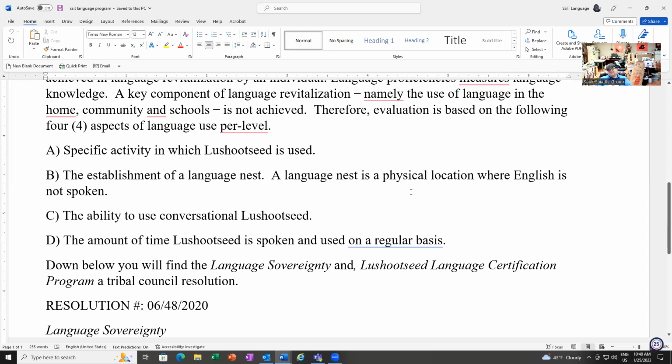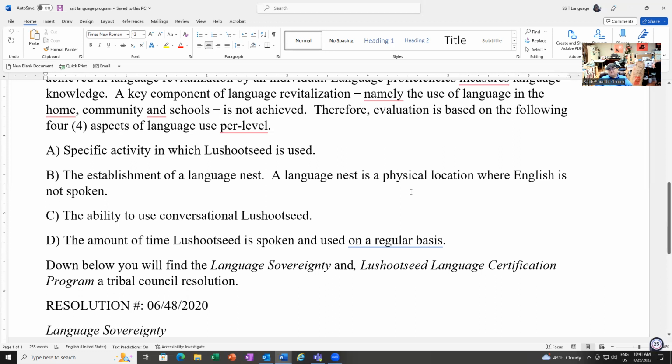because those are things that you could do by yourself. You don't have to have everybody saying, "Okay, no English here," right? Because you're going to be taking care of yourself in the bathroom. You're going to be taking care of yourself in the bedroom. So you can literally just start off with those points.